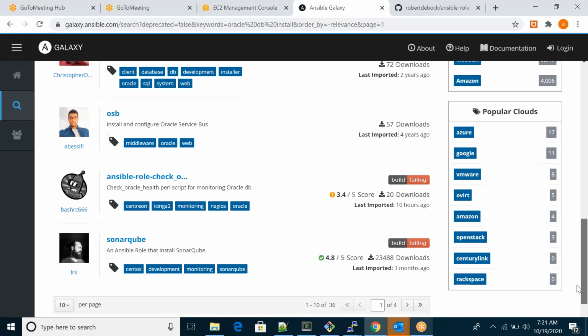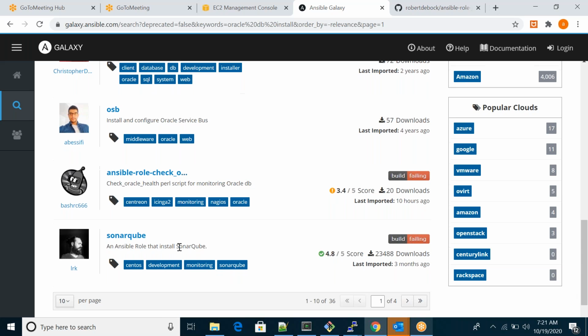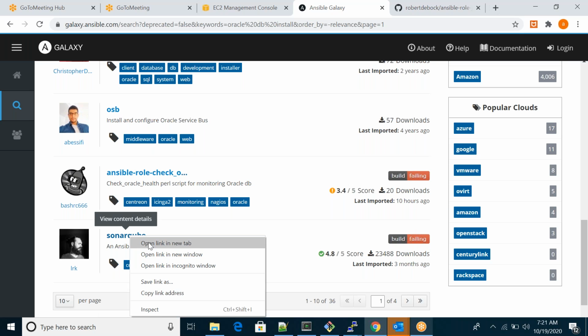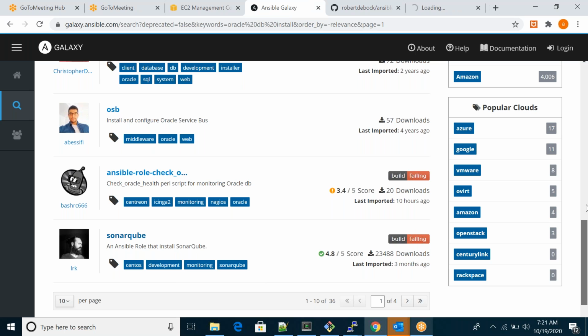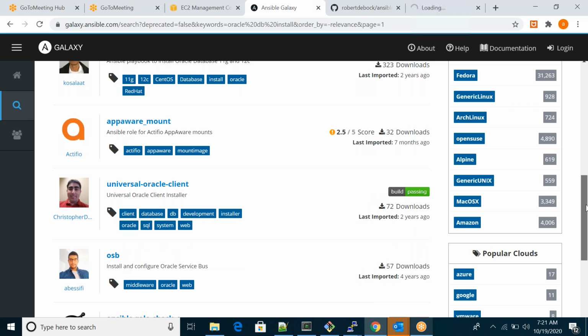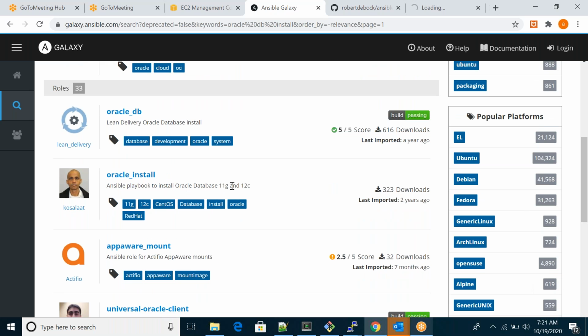Here you can also see SonarQube. If you want to install SonarQube, Nexus or Jenkins, you can do it with a playbook also. Later we'll see this one; I'll open it later. Take anything, here you can see install the Oracle database.